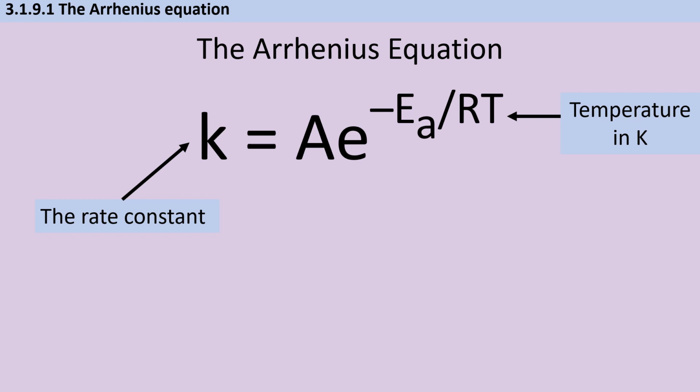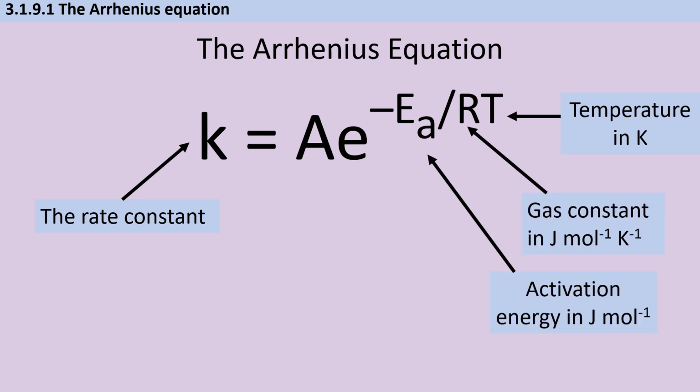T is the temperature in Kelvin, R is the gas constant in joules per mole per Kelvin, and EA is the activation energy. Into this equation you need to put it in joules per mole, but it's usually given in kilojoules per mole, or that's the units that you're asked to write it in if that's what you're working out from a question. And then e is an irrational number with a value of about 2.72,